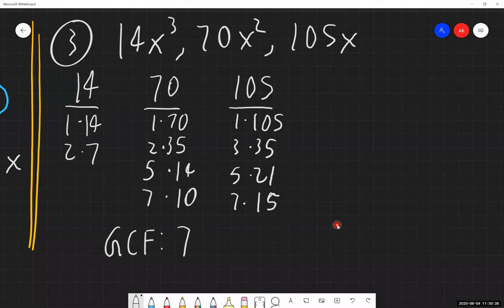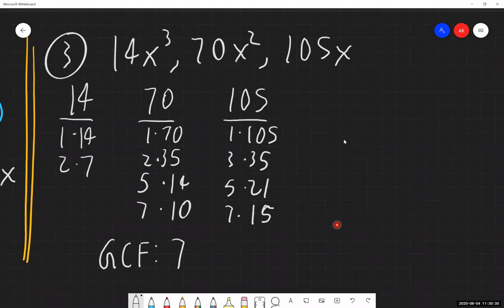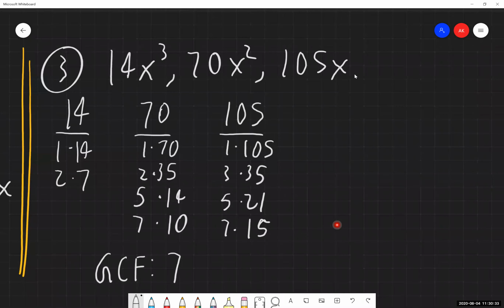So we have our numbers figured out. Now we need to determine for our variables, what is the greatest common factor between all of the x's that I have. I'm seeing I have an x cubed, x squared, and an x. So what is the largest one that all three of these have in common? Again, we could expand these out if we wanted to. We don't have to do that with our little trick of which x has the lowest exponent attached to it. That's going to be this guy.